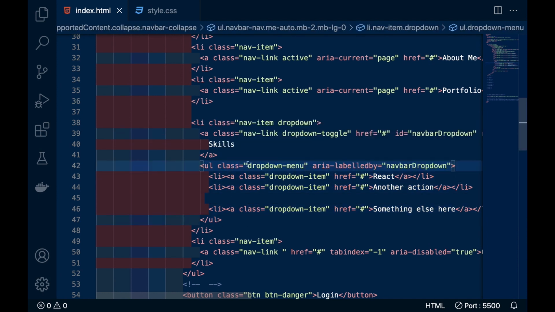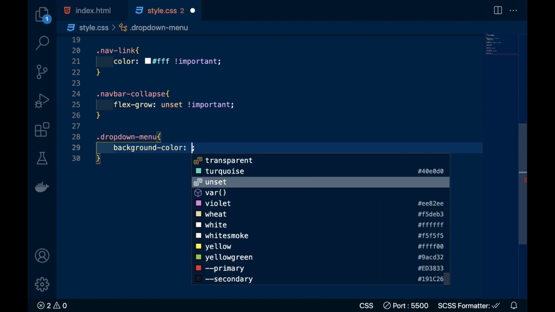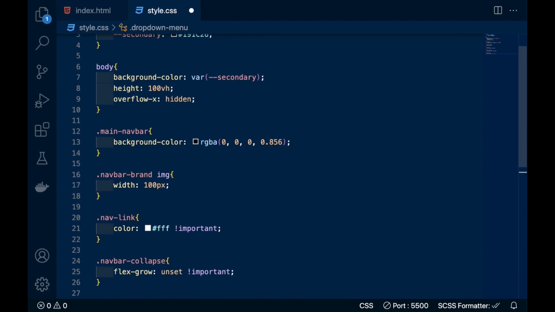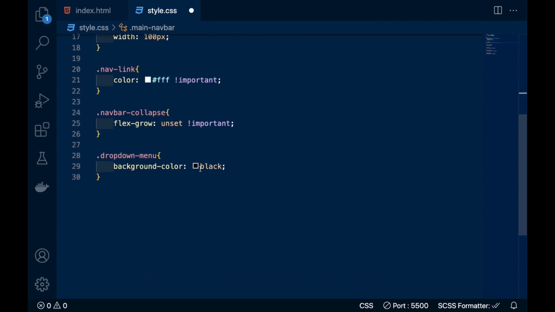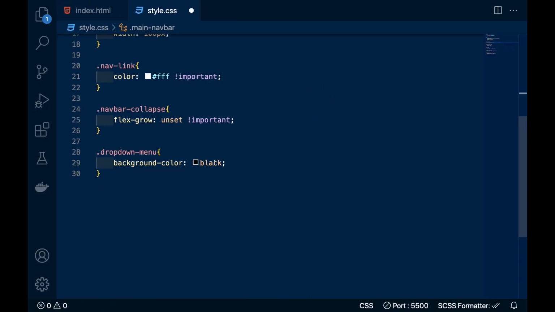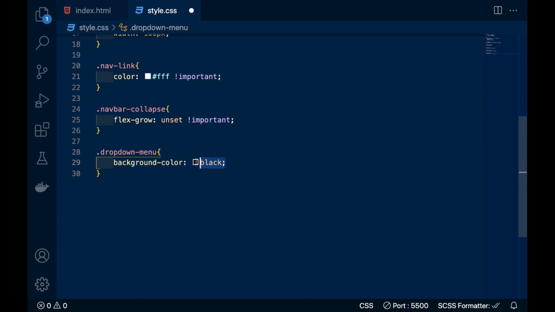So copy this class and paste it here, and now we will write its background color will be black, but we are using a little transparent one. So just paste it here.